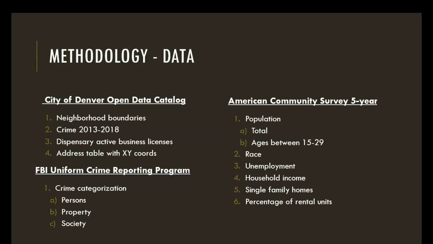The data needed to be geocoded from addresses to locations in my map, or XY locations. So I was able to acquire an address table from the Denver Open Data Catalog as well. And it relates every address in Denver to XY coordinates. It was a very large table, in case you're wondering. So I used that to geocode the locations in ArcGIS. And I used a US single house address locator based on the address table, and that actually eliminated some duplicate locations. As I had mentioned,